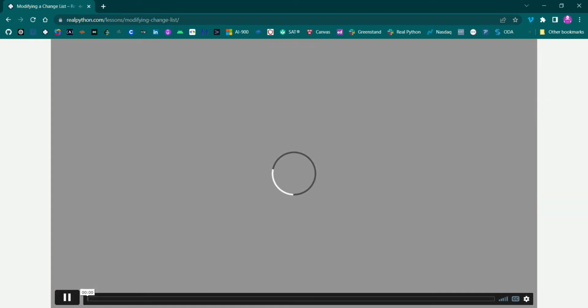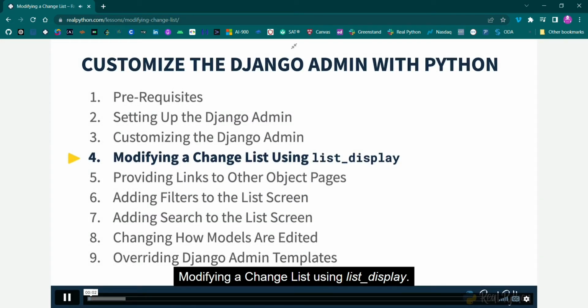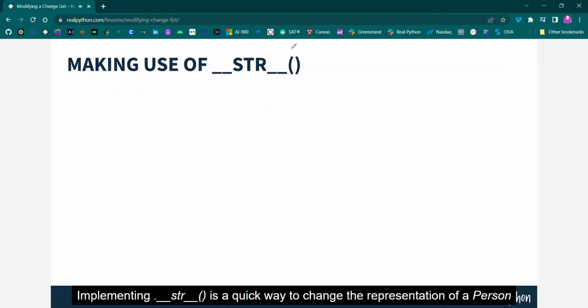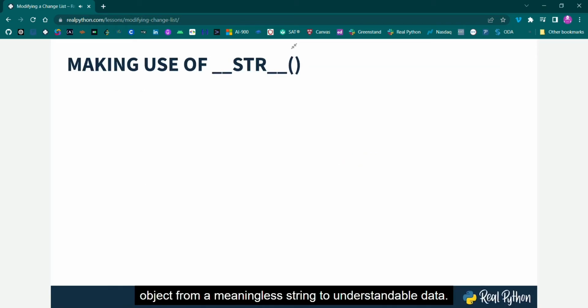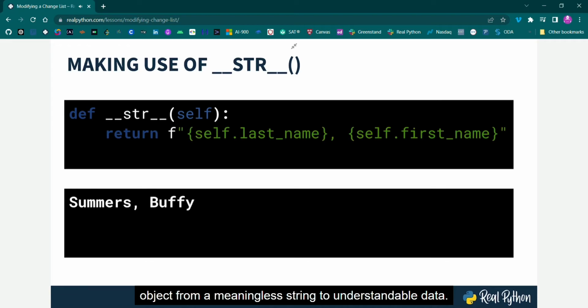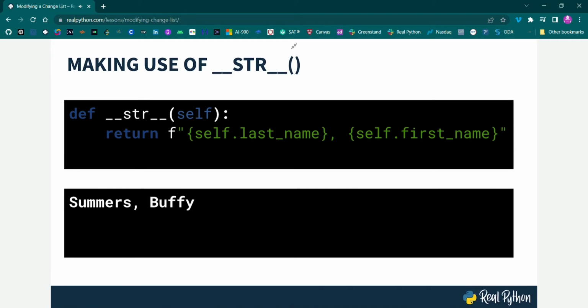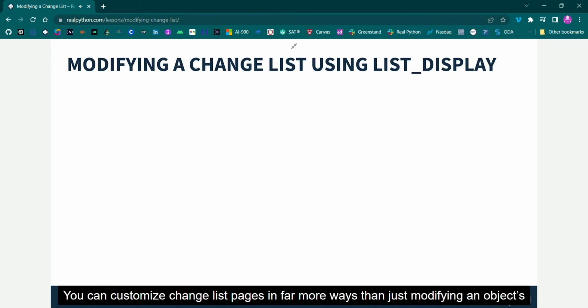Modifying a change list using list display. Implementing __str__ is a quick way to change the representation of a person object from a meaningless string to understandable data. Since this representation will also show up in drop-downs and multi-selects, you definitely want to make it as easy to understand as possible. You can customize change list pages in far more ways than just modifying an object's string